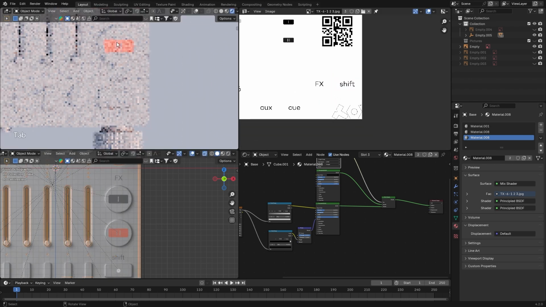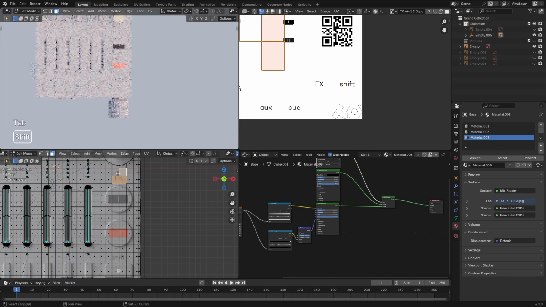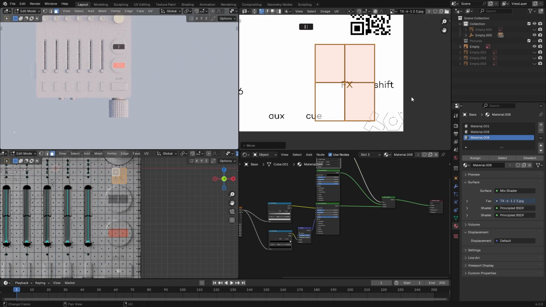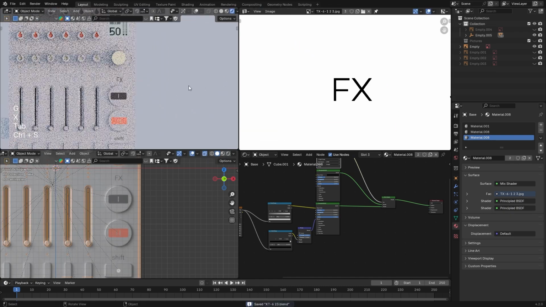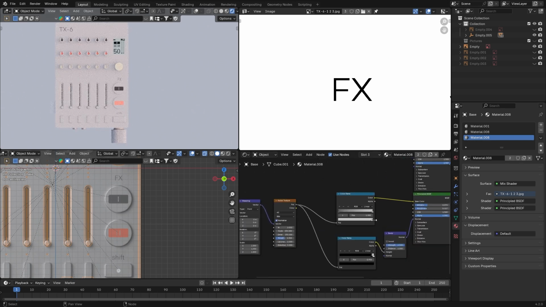Yep, and now let's go up this side. I will edit some FX, RY 90, something like that. So after this, I want to make it a little bit dark